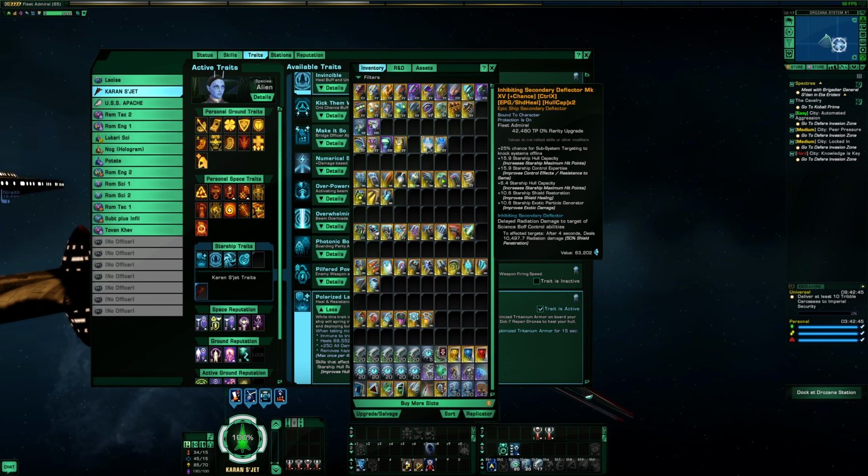And even on my drain build, I still run the inhibiting deflector because I have tractor beam, and tractor beam will trigger this. I have Tychons on that build, but it doesn't. I parsed it and I looked, and it's a very poor performer. So,